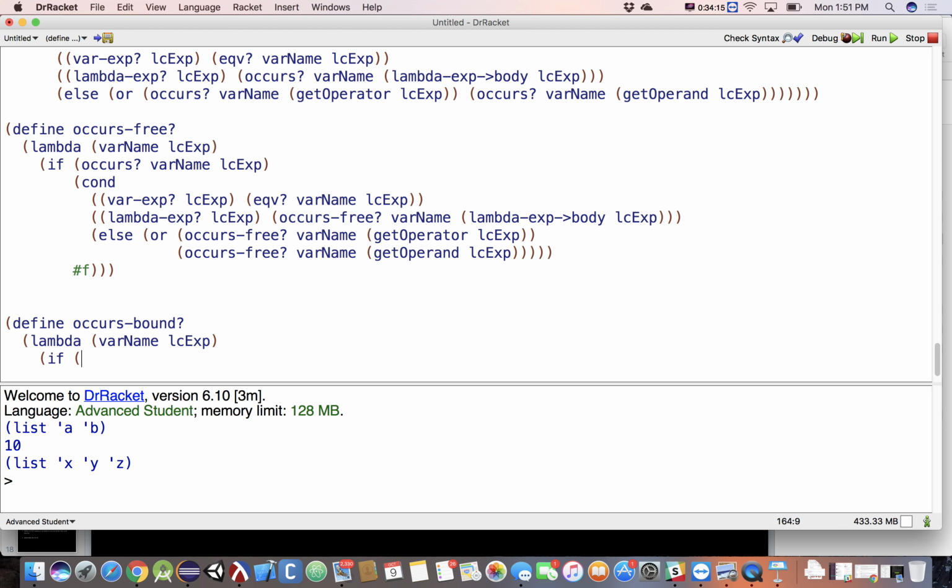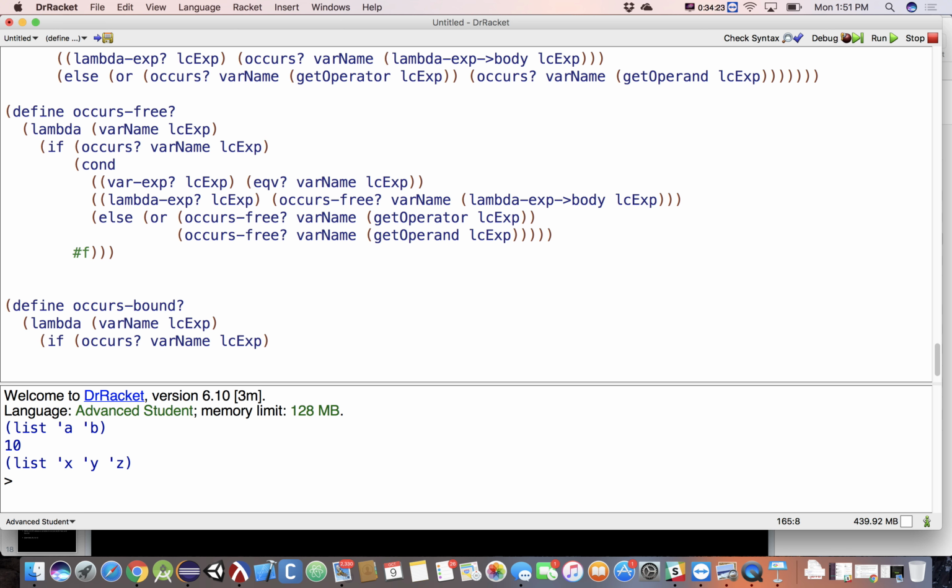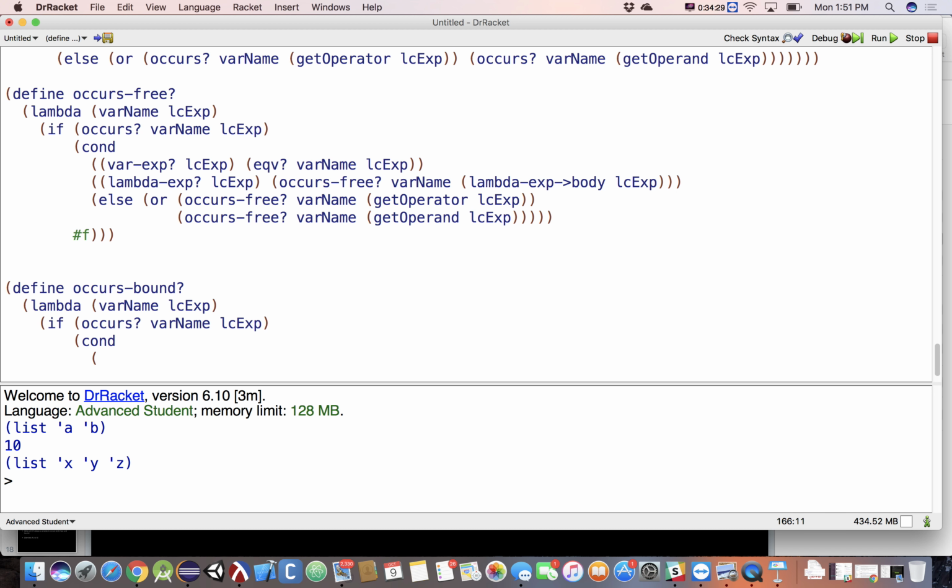So if occurs var name LC expression, then we'll go ahead and do our cond. We're going to ask, is this a var expression? If yes,